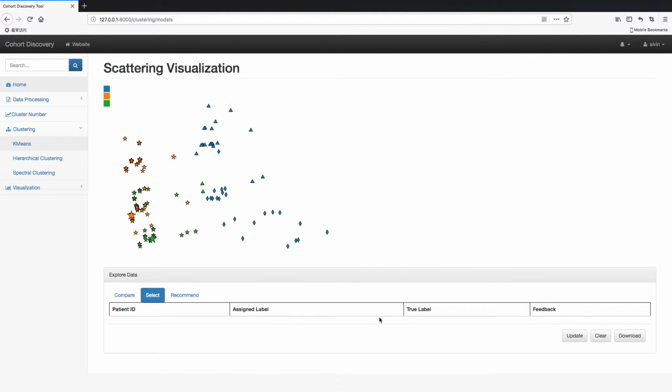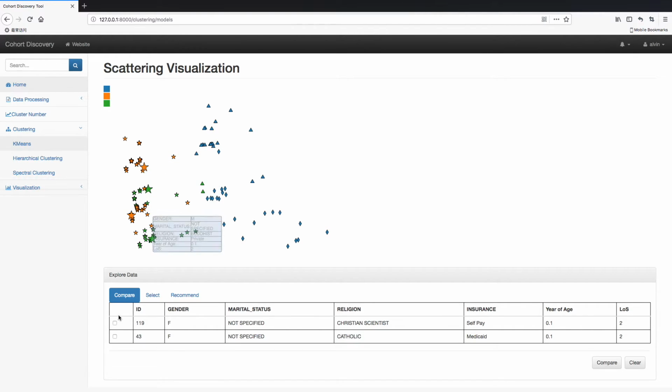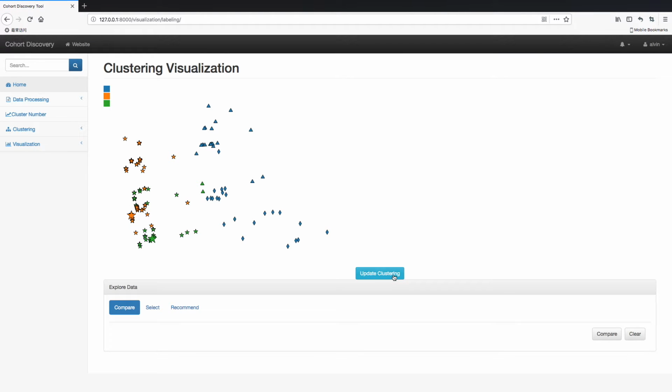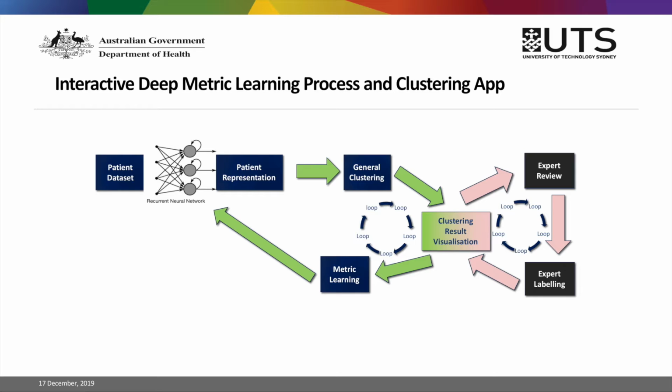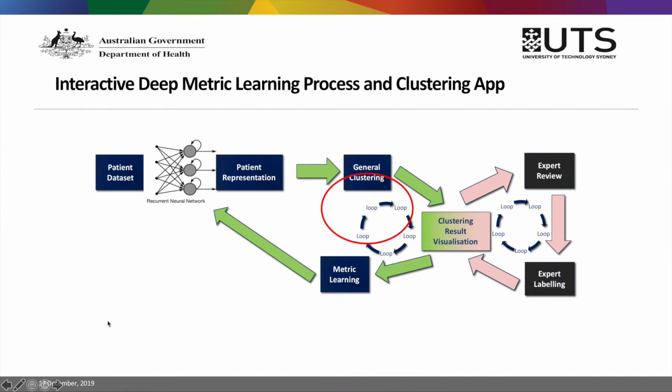After all the investigation and analysis and inputting the feedback, the user can call metric learning to consume the feedback by clicking Update Clustering. As introduced before, metric learning runs behind the scene to transform the original space into a new space, while similar objects stay closer and different objects stay further away. And if we run the general clustering again in the new space, we should be able to achieve a more